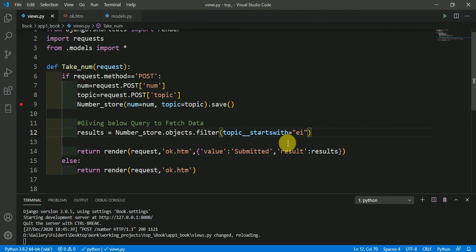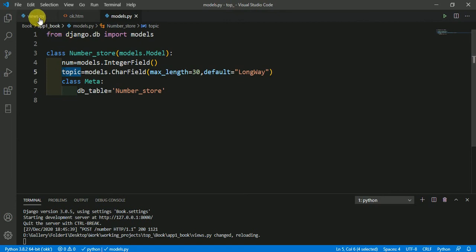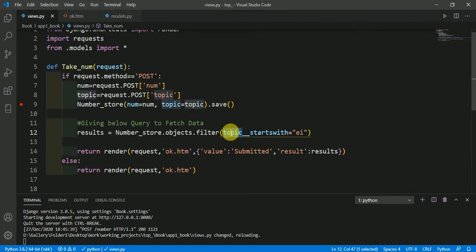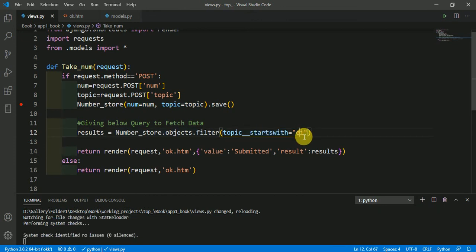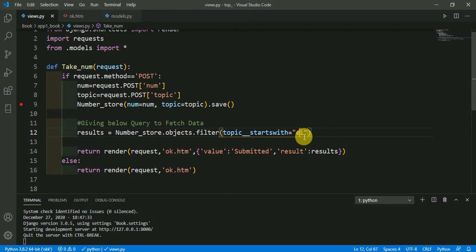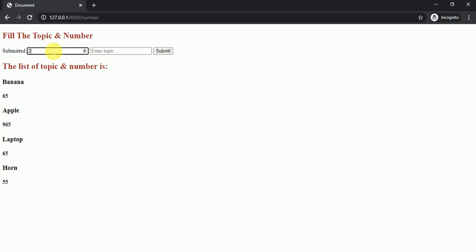Save it. You have to give the name of our field here, topic, then give a double underscore, then startswith, then type the character you want it to start with. Let's see in the template.